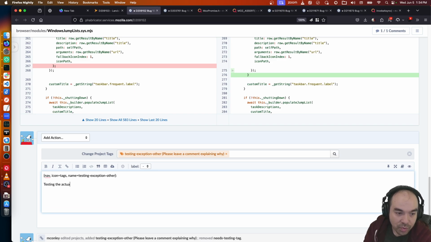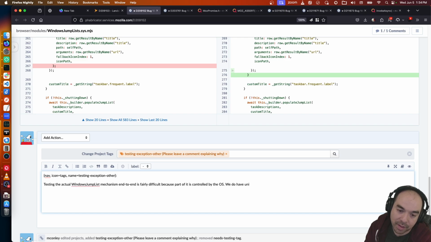Testing the actual Windows jump list mechanism end to end is fairly difficult because part of it is controlled by the OS.